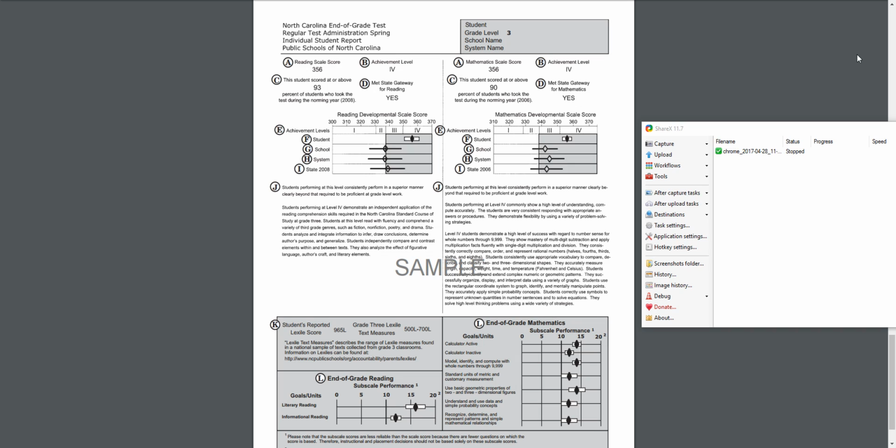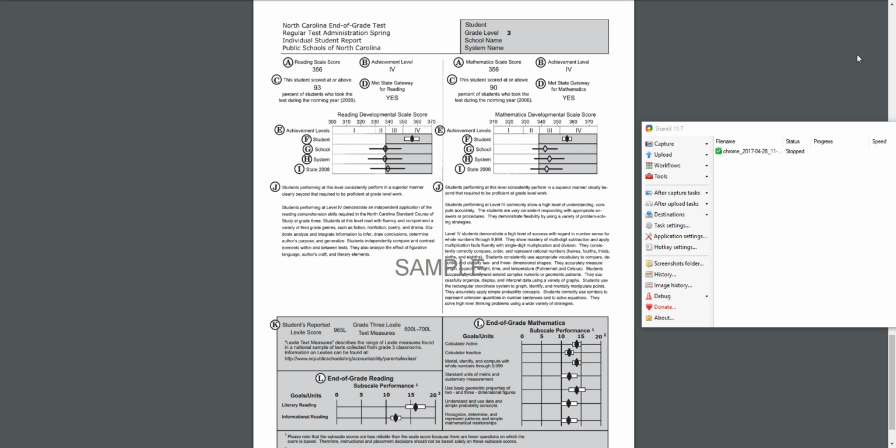If we look below that, we see a box containing a few descriptions and more scales. The first thing here is your child's Lexile score. What this tells us is what level your child is reading at. The score isn't necessarily a grade level score, but rather tells us what kind of books your child will be able to read and understand, and what books they may have trouble with. This number starts at 0 and goes all the way up to 2000. So we can see that your child has a score of